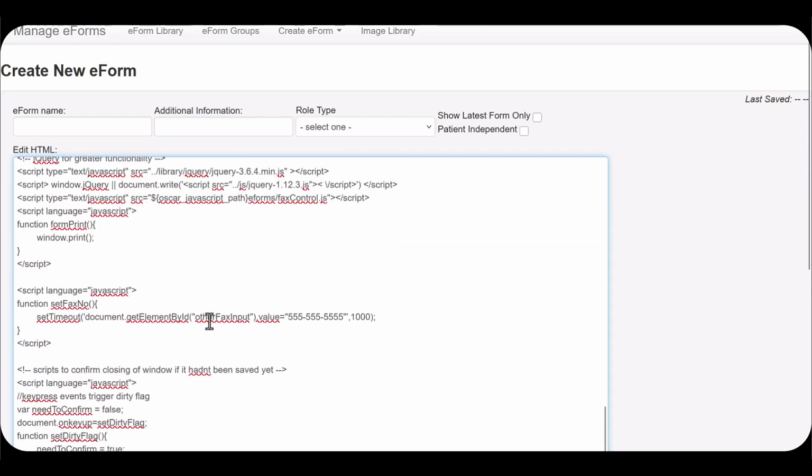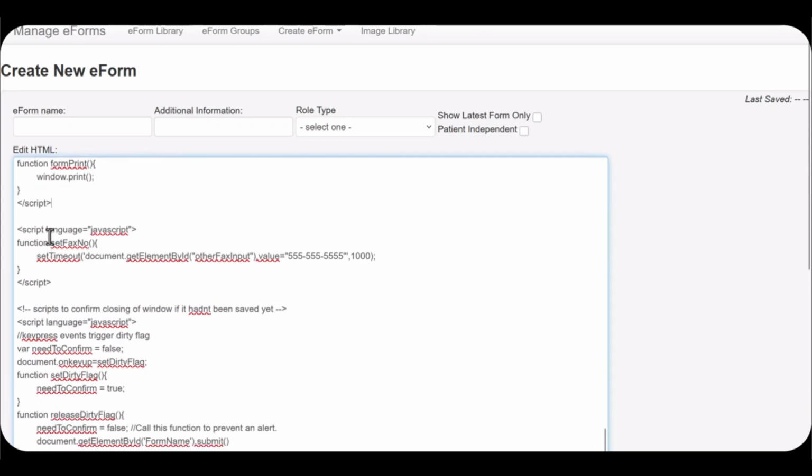We also have a little bit of script here, which is a function set fax number. And that number that I put into the eForm generator appears here. And this is good for an eForm where you only need one fax number. This form that I'm doing currently, of course, has more than one fax number, and so we have to modify